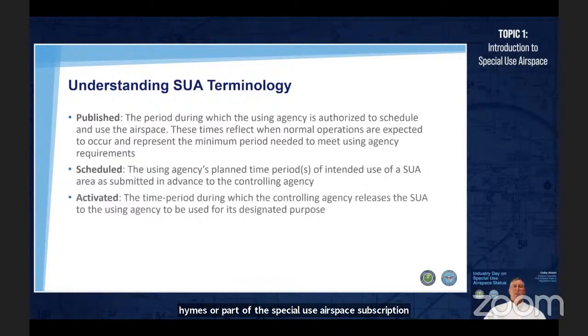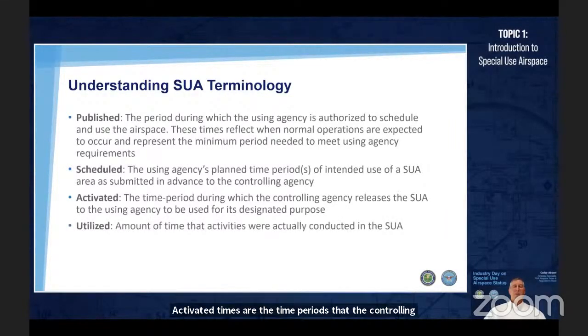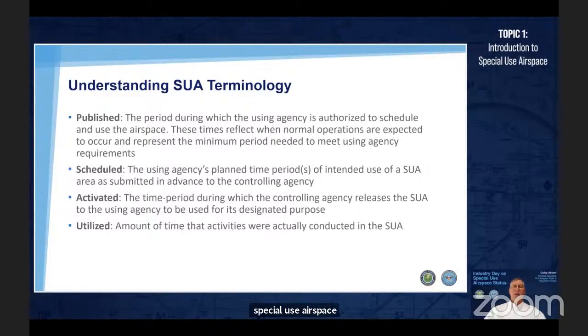Activated times are the time periods that the controlling agency releases scheduled special use airspace to the using agency for use by the scheduled participants. And lastly, utilized times are the time periods that the aviation or ground-based participants are actually using the activated special use airspace. In Mr. Ibe's presentation following shortly, he will provide a scenario that demonstrates the relationship of published, scheduled,